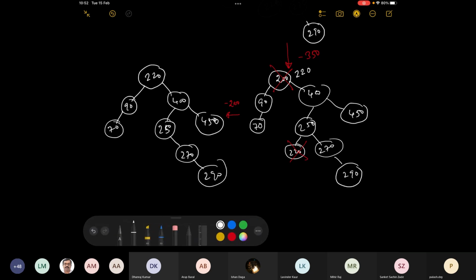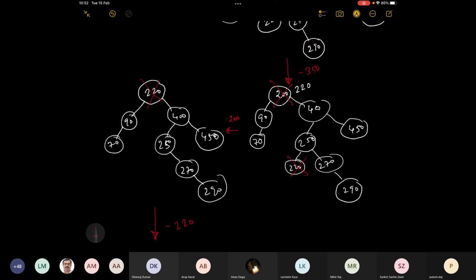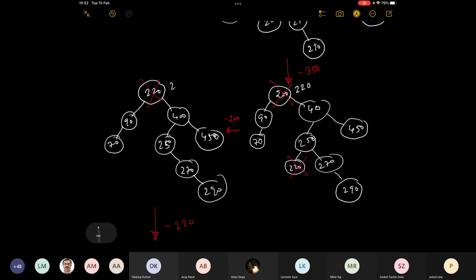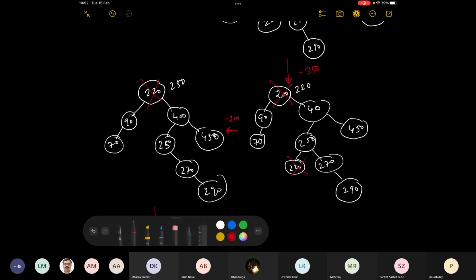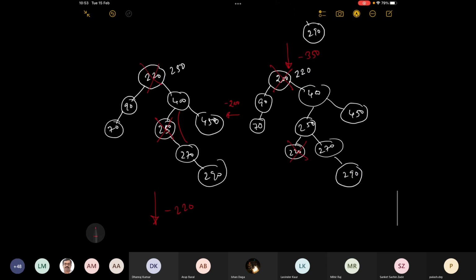Now you delete again what? Delete 220. You delete 220. You should write 250 there. And now you need to delete 250. How will you delete? You delete it, and the child, which is 270, make it attached to its parent. In this case, 270 will be the left child of 400. Okay, so the resulting tree will be